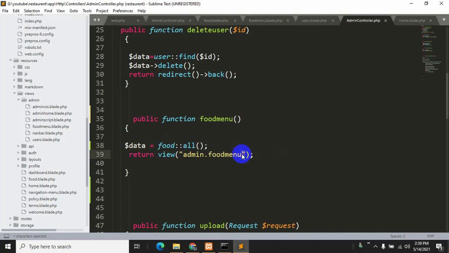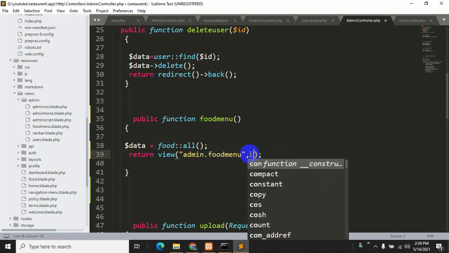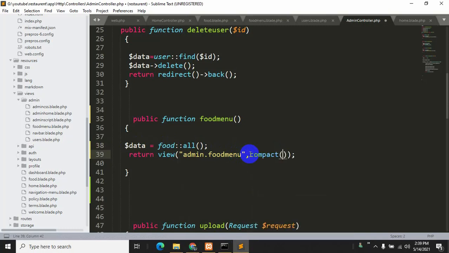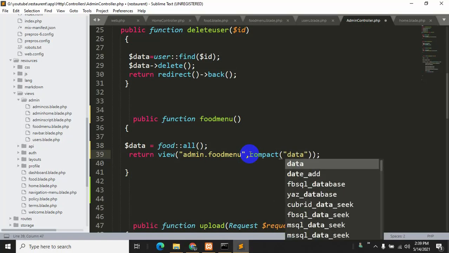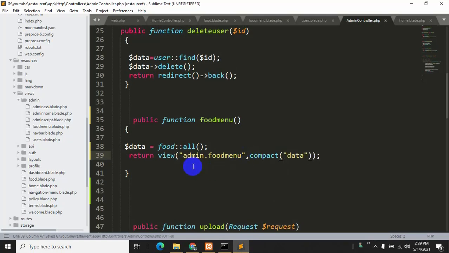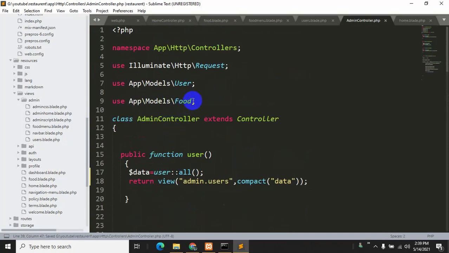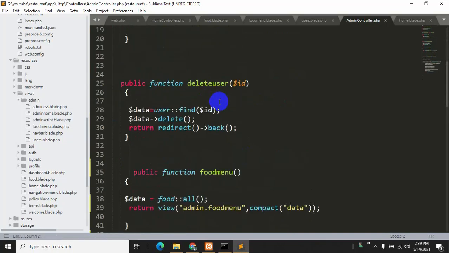So over here we'll say comma, compact, then double quotation, and inside it we'll say data. Okay, let's save it, and we already added the food model over here, so we don't have to do it again.